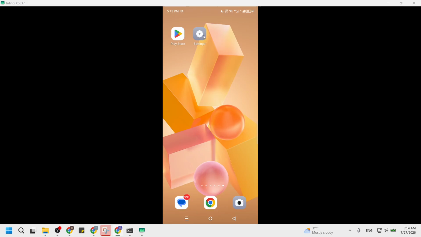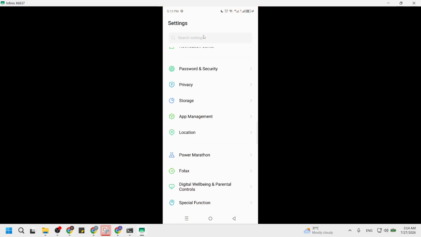Look for the settings icon on your home screen or in your app drawer. It usually looks like a gray gear symbol. When you tap it, the main settings screen opens, with sections for network, sound, apps, and more. Knowing you are in the main settings menu before moving on helps avoid getting lost later.